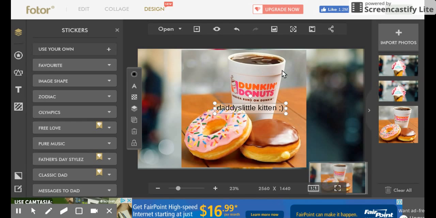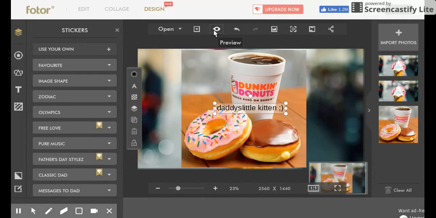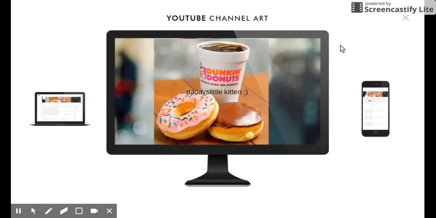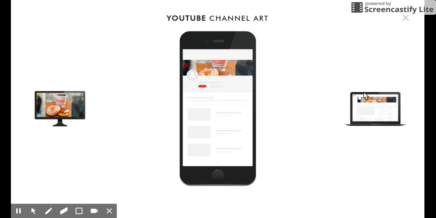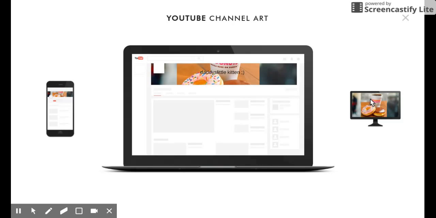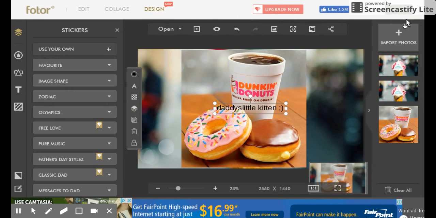Okay, see there? And then what you've got to do is press preview. But if you want further info, then press it. See, this is what it will look like, but if you click down here, load. Okay. So click it. That's how it's going to look on your channel. So if you want to edit it, then do what you may. And once you want to go back to editing, just press that.